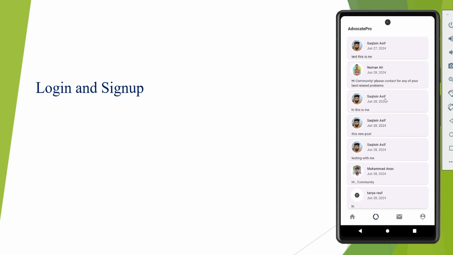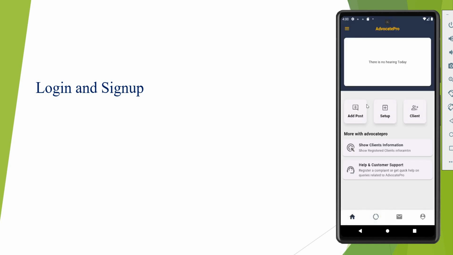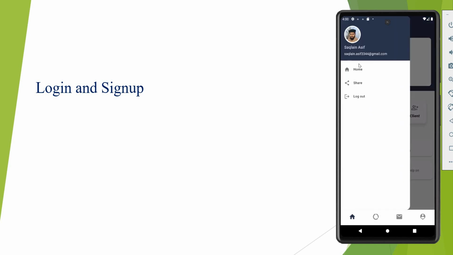Like here I just demonstrated how this will work, as normally people post content for any of your land related problems. Like this you can also post your captions. And then you have a drawer where your profile shows, home page, share. You can share this app with others